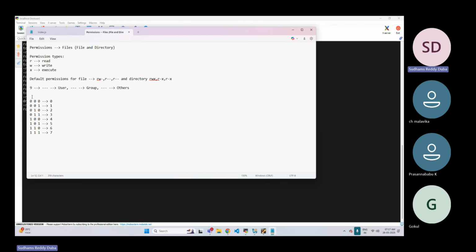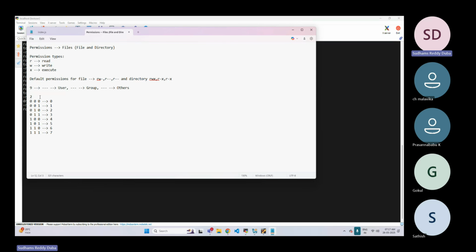Now, we call it the base value. Here it is 4 because 2 to the power of 2. The index position here is 2, here it is 1, and here it is 0. What is the value of 2 to the power of 2? 4. Then 2 to the power of 1 is 2, and 2 to the power of 0 is 1. If you sum these position values, 4 plus 2 plus 1, what is the value? 7. So it goes from 0 to 7.